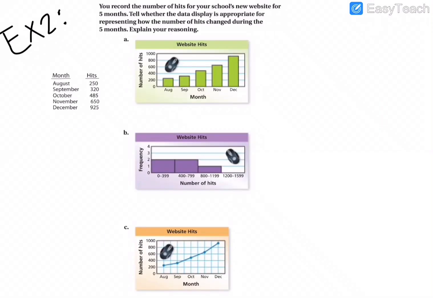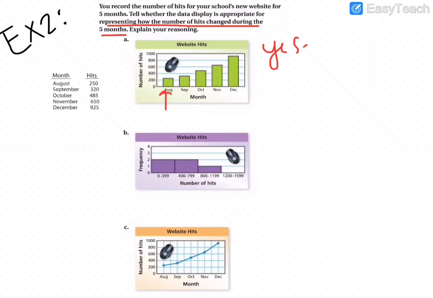Okay, here we go on example 2. You record the number of hits for your school's new website for 5 months. Tell whether the data display is appropriate for representing how the number of hits has changed over the 5 months. That's the most important thing here: what's appropriate for representing how it is changing. So, change over time. Letter A, the bar graph, looks good. We can see that clearly not very many people visited in August, September, but it was increasing over time. So yes, this is appropriate because